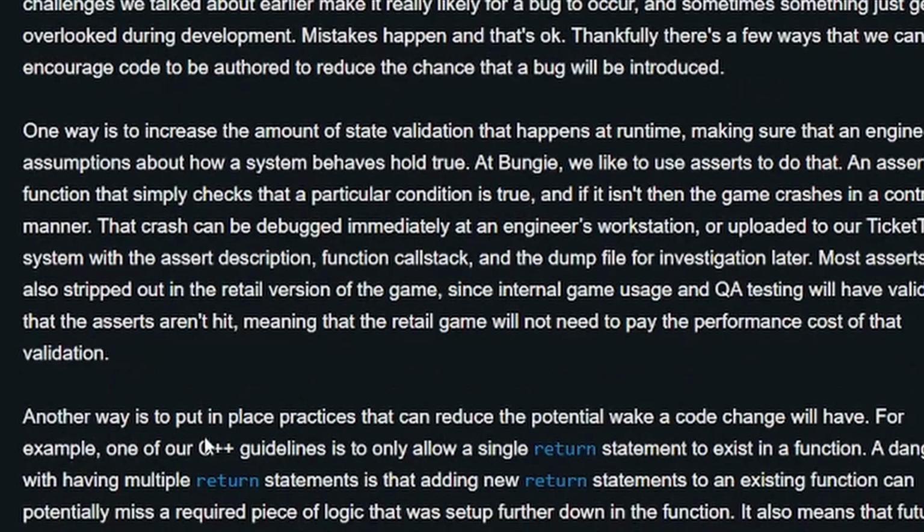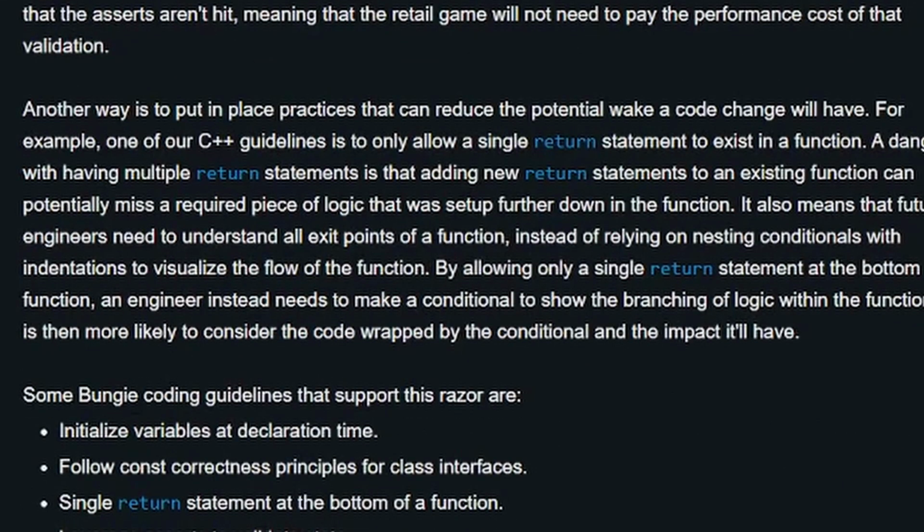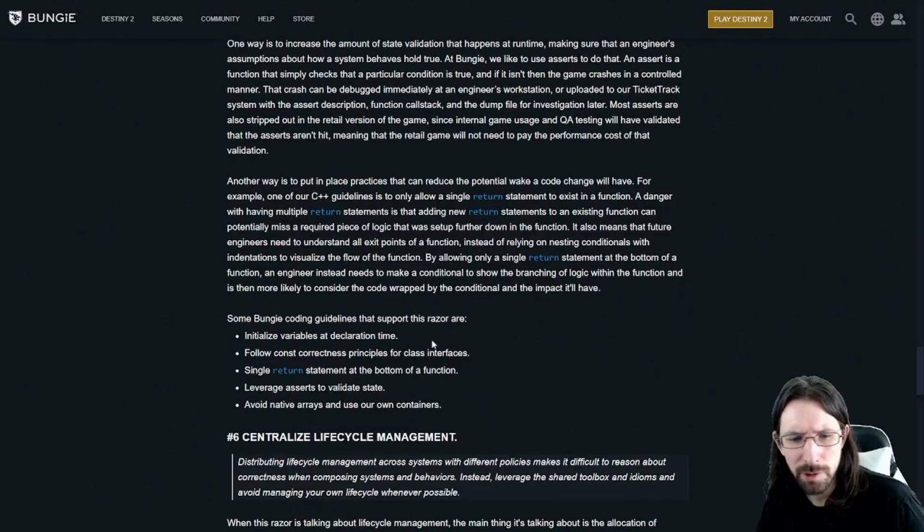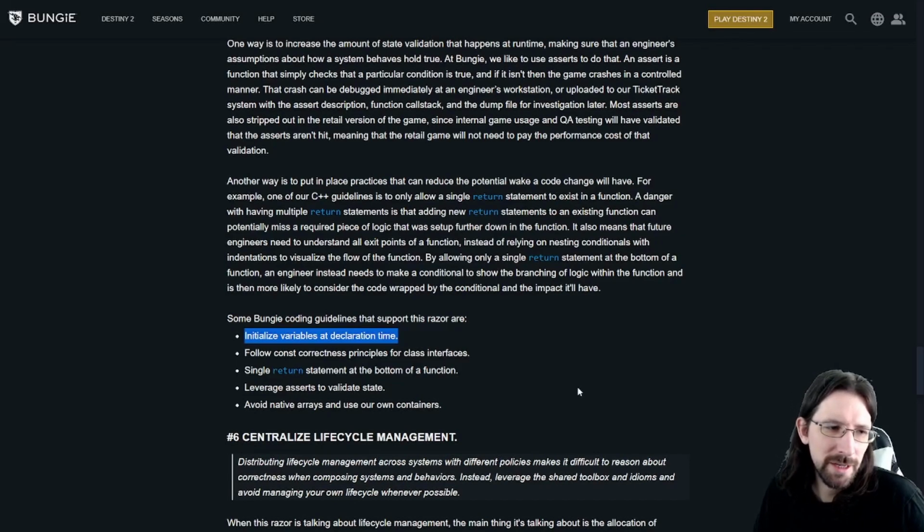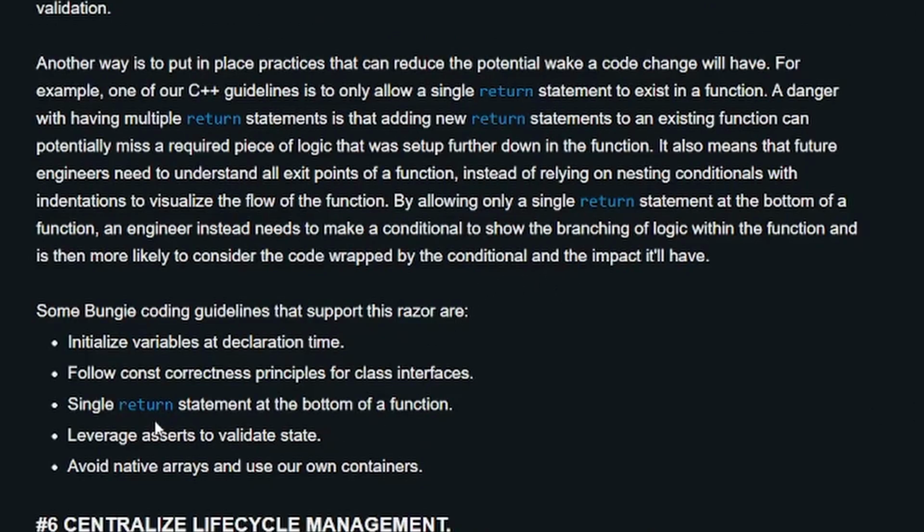All right. So here's some of their coding guidelines. Initialize variables at declaration time. I totally agree with this. You should always do this. I know some people will argue that, well, it initializes to 0 anyway or whatever. Sometimes it switches if you're in debug or release mode, or if you use a different compiler, if you're supporting multiple systems, it might not initialize to what you think it's going to initialize to. So yeah, always initialize. I think that's a good rule.